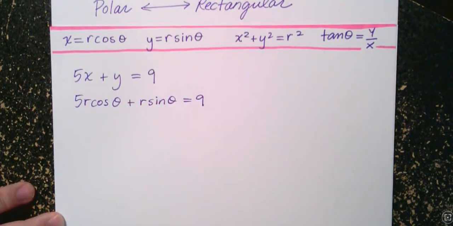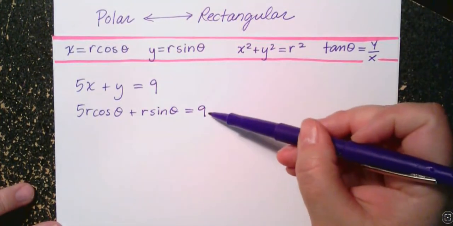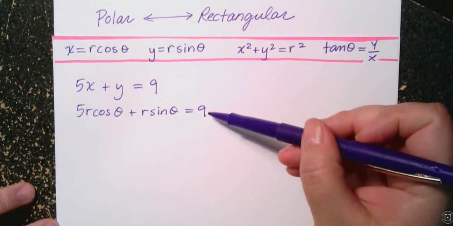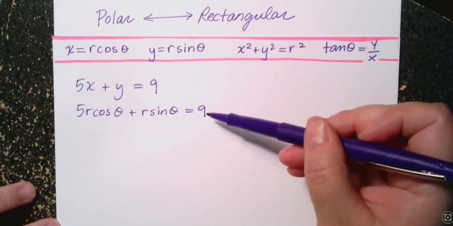Okay, now here's where it gets a little bit tricky. A lot of times with these, the question sort of becomes, how do you want me to leave it? Because this is a polar equation now. I've got it in polar form. But is that how I'm supposed to leave my final answer? And usually the answer is no. Generally, with polar form, you want to,